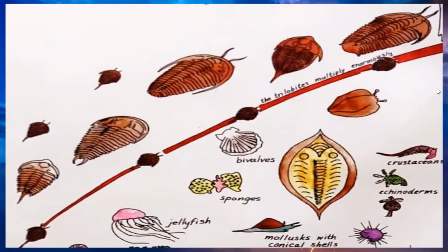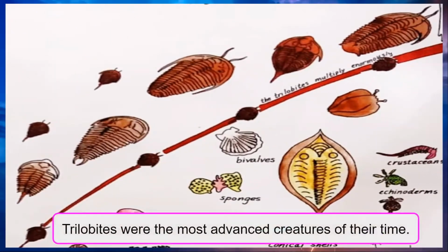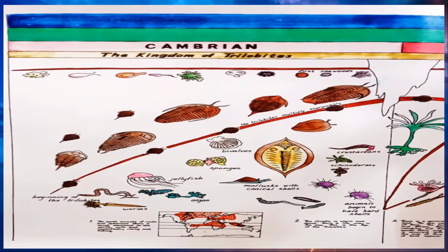There was one kind of creature that could be found in ancient seas in great numbers. They are known as Trilobites. They were sort of like lobsters of our present day. Trilobites were the most advanced creatures of their time. They grew in many shapes and sizes. Today, we no longer have these creatures, but they were around for a long time at the beginning of life